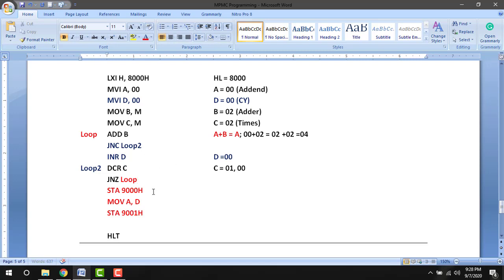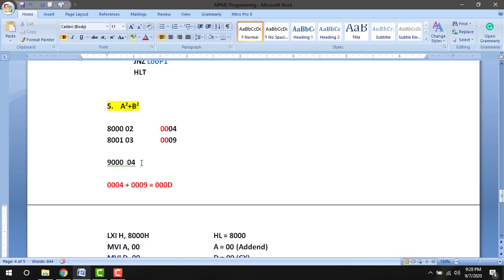Store accumulator 9000. In the location 9000 we store the result part, that is 04, and move A comma D. D is 00, so accumulator is now 00. Store accumulator data to 9001, so that in 9001 we store the carry part of the answer, 00.